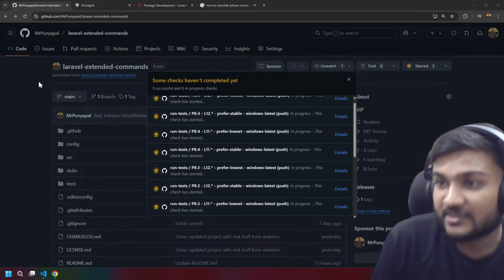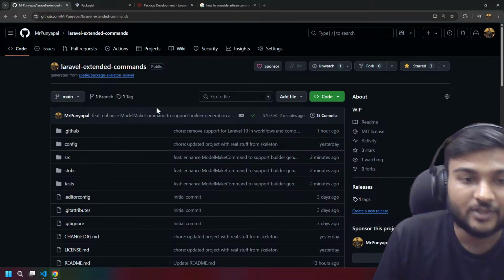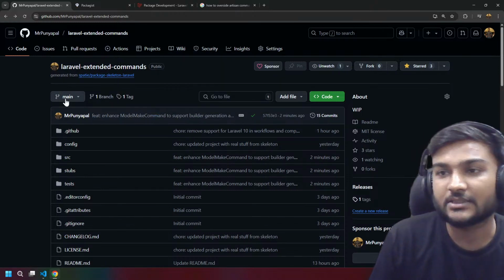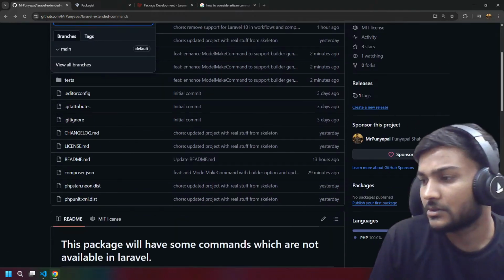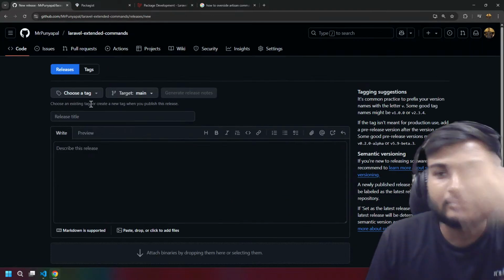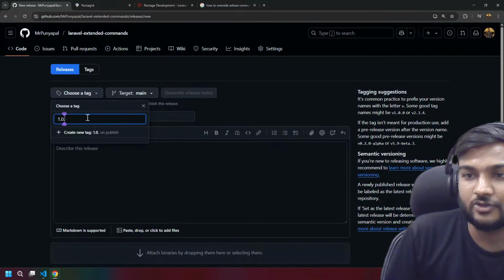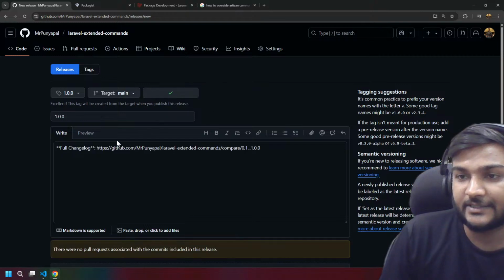Are these workflows still running or is it already done? Let's see. Yeah, it's passed. What we're going to do is create a release, right? So how to do the release? Here we have. So I think let's go for 1.0.0 and let's generate it.